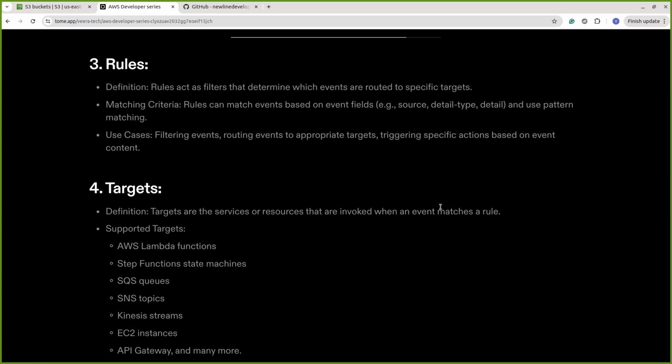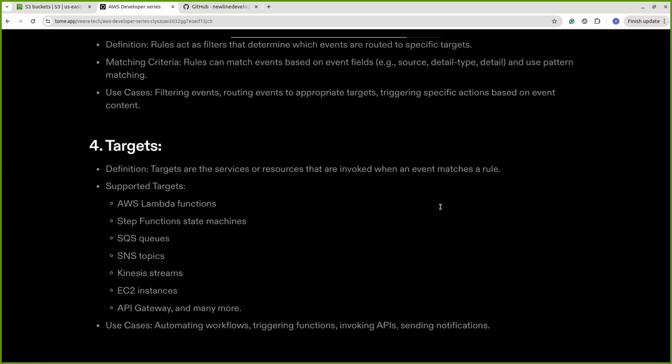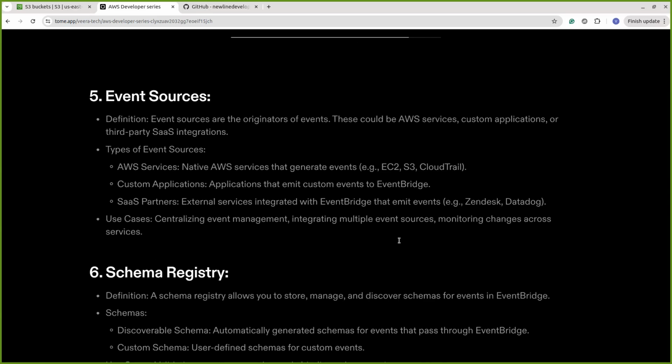And then the targets can be anything. Targets are the service resources that are invoked when the event matches the rule. It can be AWS Lambda functions, Step Functions, SQS queues, SNS topics, EC2 instances, API Gateway. It can be any kind of target. Now let's